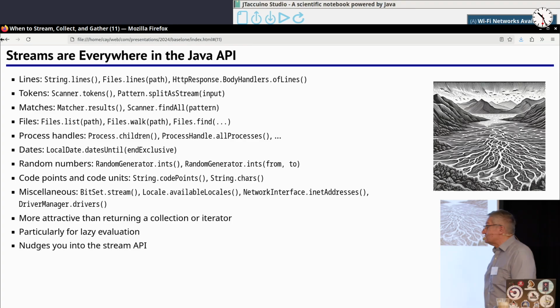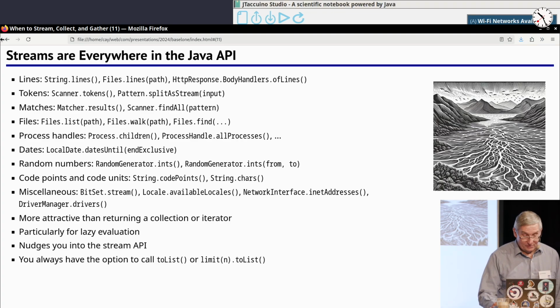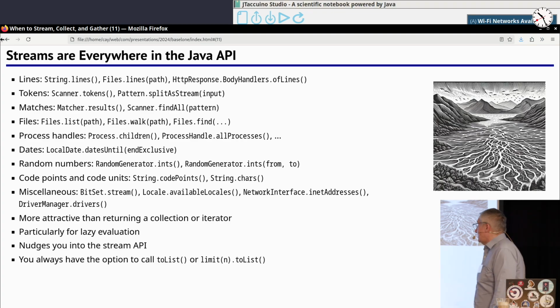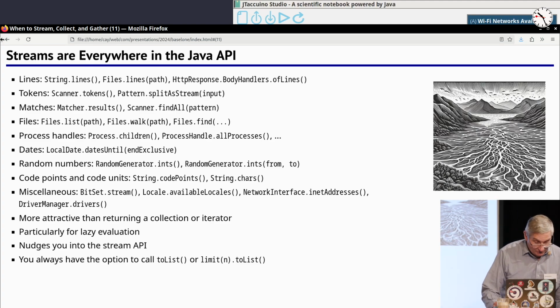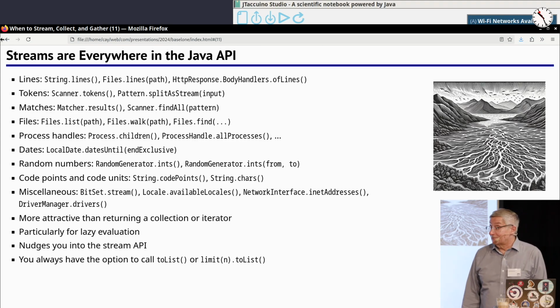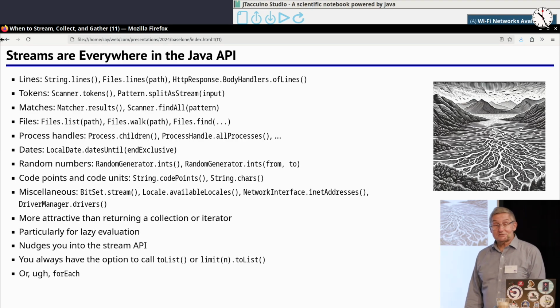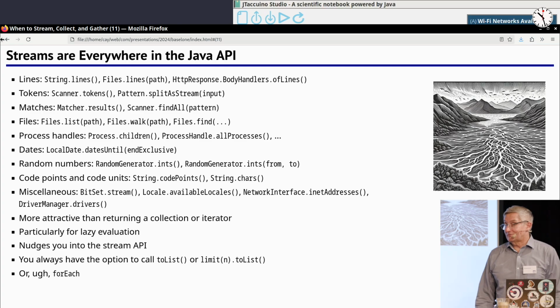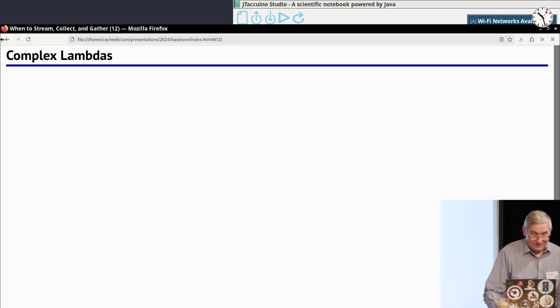But it does really then nudge you into the stream API. You could always dump it into a list, but you're probably now at the point where you say, oh, maybe I should actually run with this and work with these as streams. If you hate it, you can call toList or get the first n and put those into a list, you still have that option, but you're much more likely at this point to say, well, since I already have a stream, and I no longer have to call that StreamSupport.stream, then I might as well embrace the stream methods. And this is the one situation where I've actually found myself using forEach, because, hey, I had a stream and I had to do something, and I said, whatever.